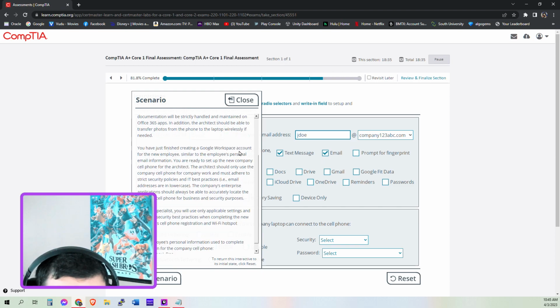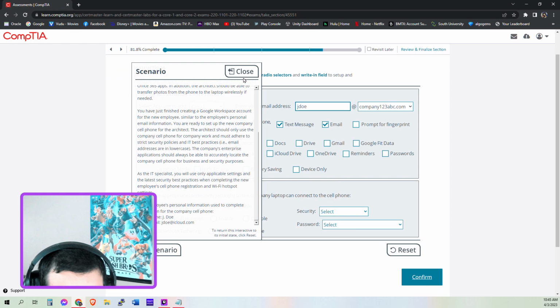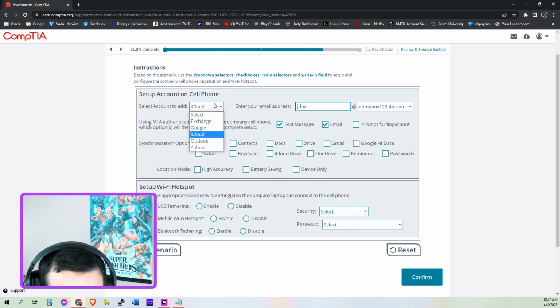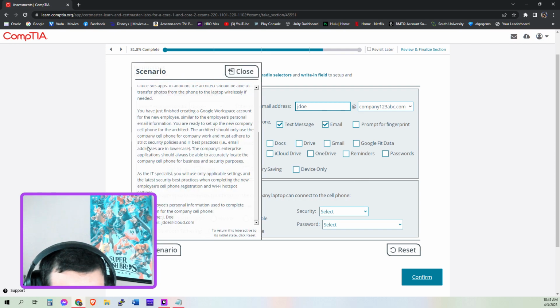You have just finished creating a Google Workspace account for the new employee, similar to the employee's personal email information. You are ready to set up a new company cell phone. Use settings. So the account they want, select account to add. Google, I think, right? Because it says right here you finished creating a Google Workspace account for the new employee,